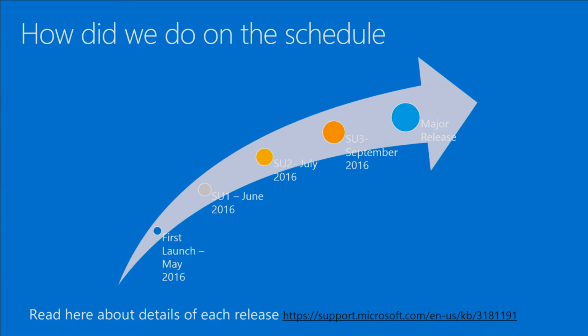And then September is the latest one, which is going out as we speak. It got applied in Japan yesterday. It's going out in the rest of the regions today. And then a major release is coming up this year as well. So we're going to talk about what is coming in that release. That's the most important thing. Now, at the bottom, you'll see a link. That's one of the articles which will talk about what each of these releases contains, what kind of features we shared, what bugs we fixed. All of that is posted in this KB article.